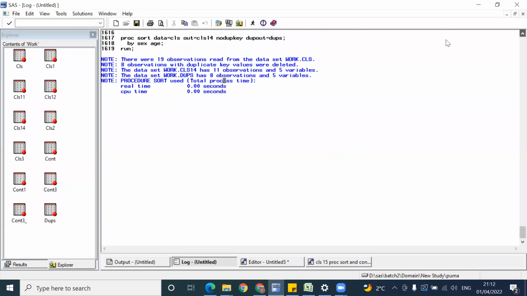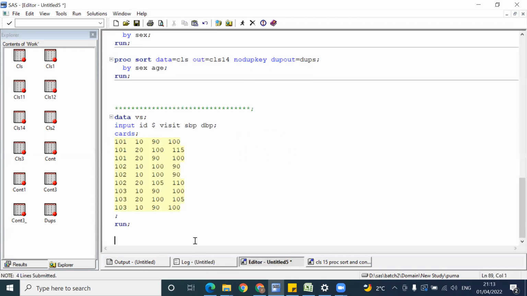How many observations were deleted? 8 observations are deleted, with key values. Those observations will be stored inside this dupes data set. For that, you need to declare dupout if required. So you can use dupout to see the duplicate observations which are deleted. Okay. Now,